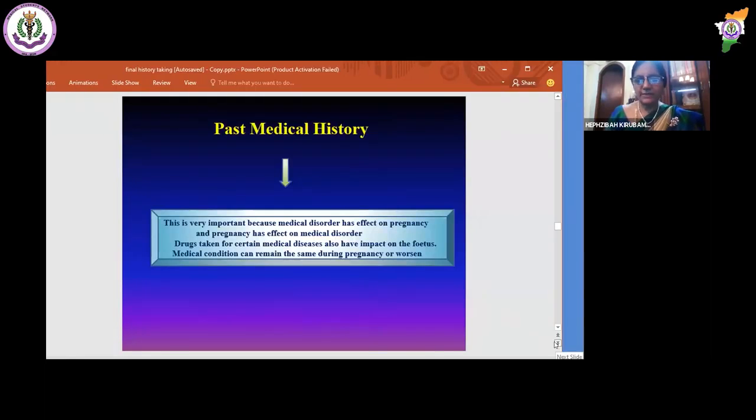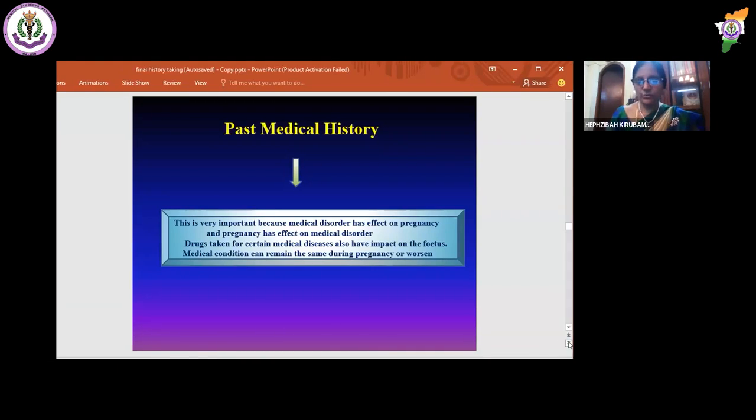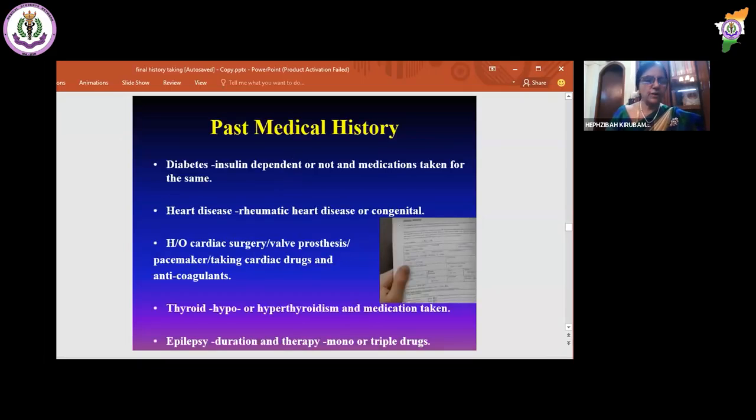So coming to the past medical history, it is very, very, very important, because any underlying medical disorder will have an impact on the pregnancy, and the pregnancy will have an impact on the medical disorder. And the drugs given also have an impact on the fetus and the course of the pregnancy. It can worsen also. So the past medical history is very, very important. We have to find out whether the patient is already taking insulin or an oral anti-diabetic, heart disease, whether she has a prosthesis, pacemaker, or an open heart surgery,